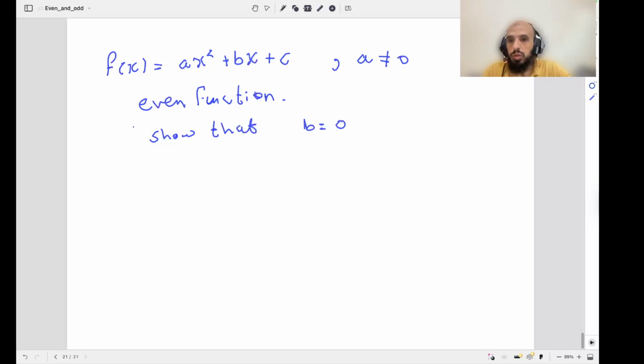Okay, so to solve this question, we are told that this function is an even function,